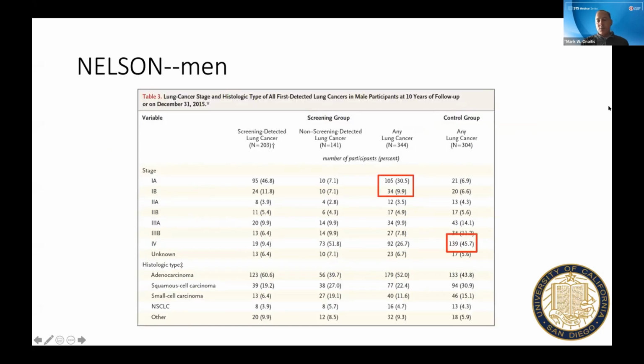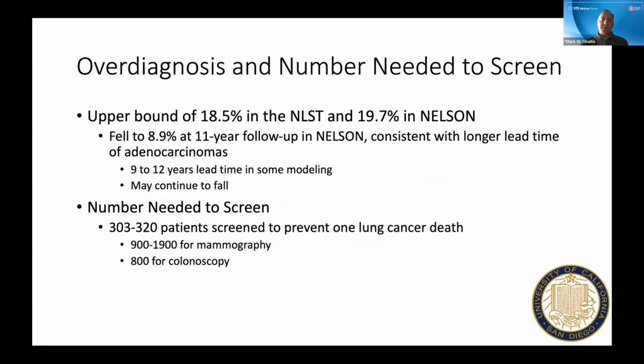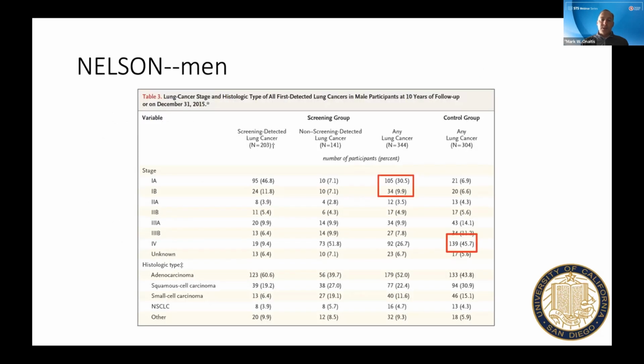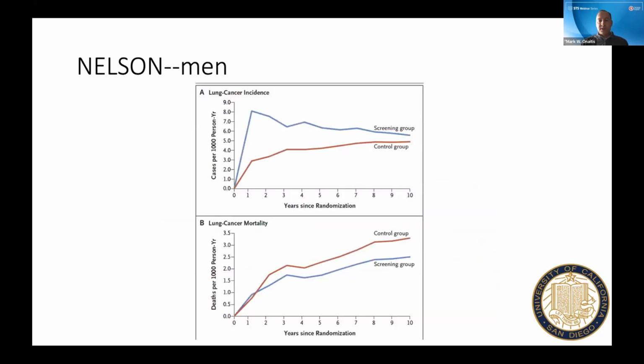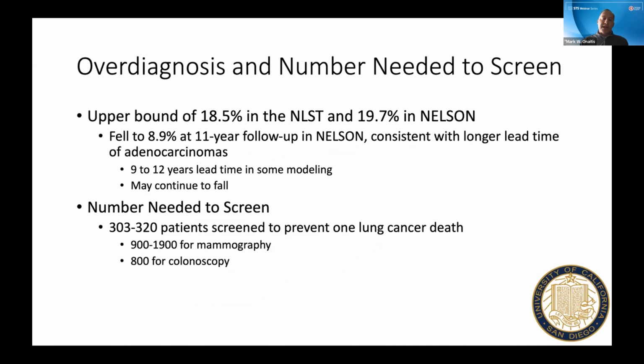Again, stage shift was impressive in the trial, with over 40% of patients stage 1 in the CT scan group, and in the control group, which received no imaging, 46% of patients were stage 4. And that led to a survival improvement in the screen group, which was actually on a relative risk basis better than the NLST trial. What about overdiagnosis, the phenomenon that some of the lung cancer patients who have lung cancer